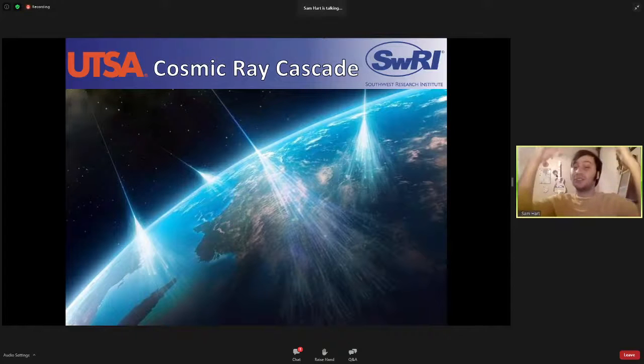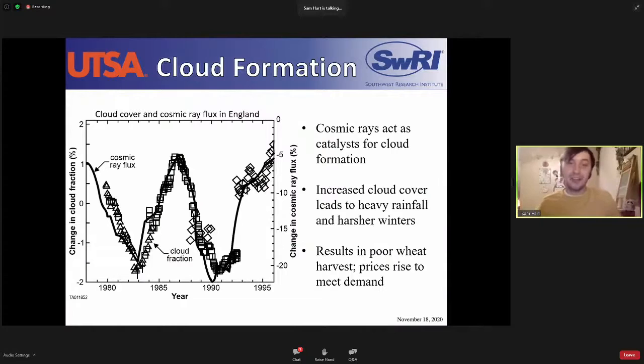And all of these particles shower down into Earth's lower atmosphere. So this is really interesting, because when you inject a bunch of particles into Earth's lower atmosphere, you can aid in the formation of clouds. And that's actually what's going on here. From this image, you see that the cosmic ray flux